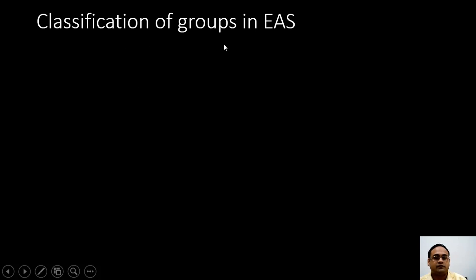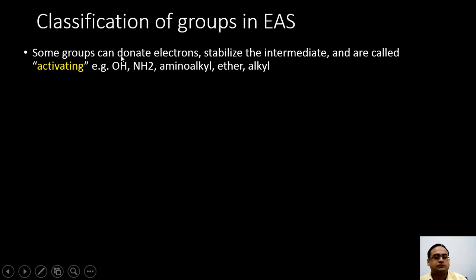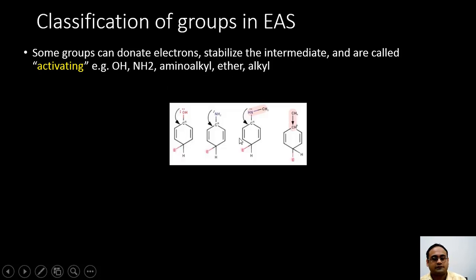we can classify the groups. Some groups which can donate electrons stabilize the intermediate and increase the rate of the reaction, therefore they are called activating groups. Examples of such groups are the hydroxyl, amino, alkyl, and ether groups. So here are the examples: the hydroxyl group, if you perform electrophilic aromatic substitution on phenol, then the intermediate will